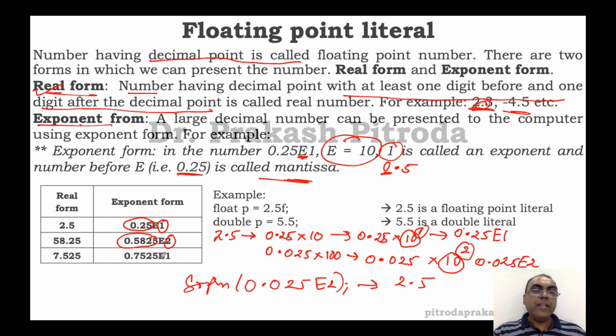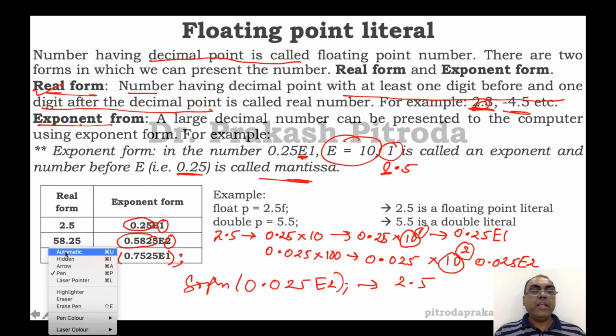It is not necessary that you always apply E1, E2. You can take a call for it. So I can straight ask you in the exam, system.out.println, and if I do this, what will be the answer? So this is the answer, 7.525. I hope you have understood this. Let us move on to the next one.